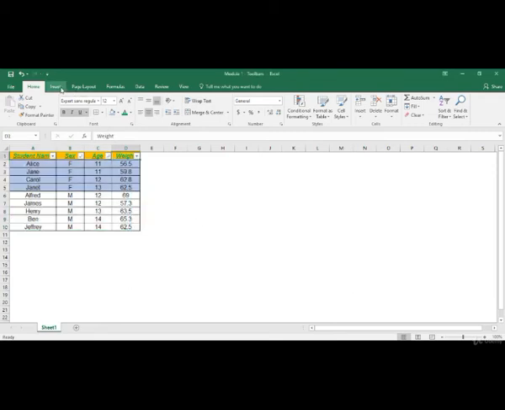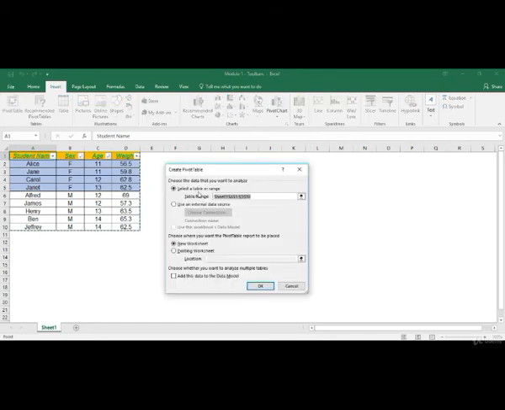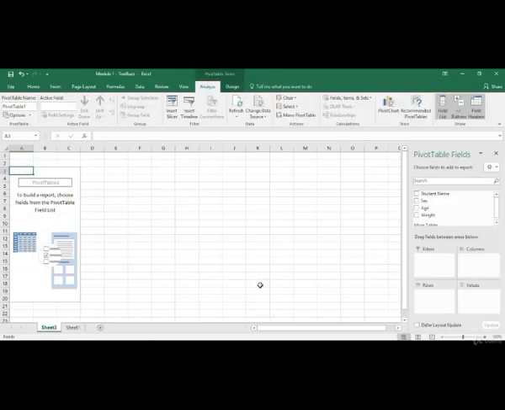Let's move on to the insert group now. Pivot table. So you can insert a pivot table in an Excel file by going to the data set for which you want to create that pivot table, clicking on pivot table. Over here, the first section talks about the range. Over here, we are talking about cell A1 till cell D10. We want all the values. So we've got A1 over here and D10 over here. Then Excel asks us whether we want to have the pivot in the same worksheet, which would be the existing worksheet, or a new worksheet. Let's click on new worksheet and then OK. So pivot table gets created.